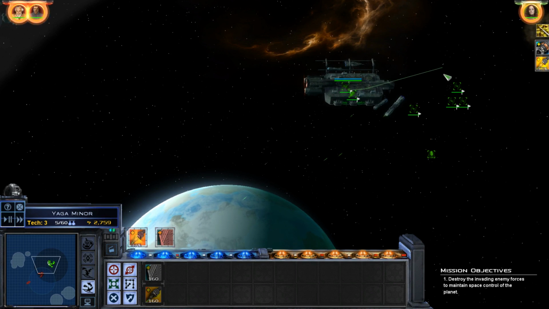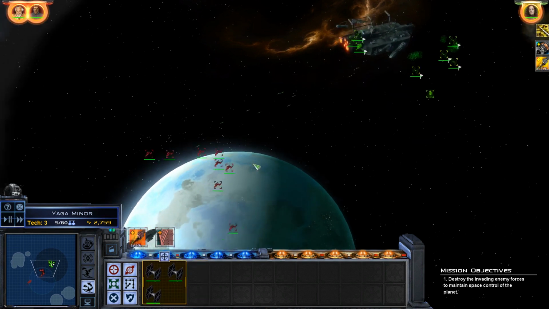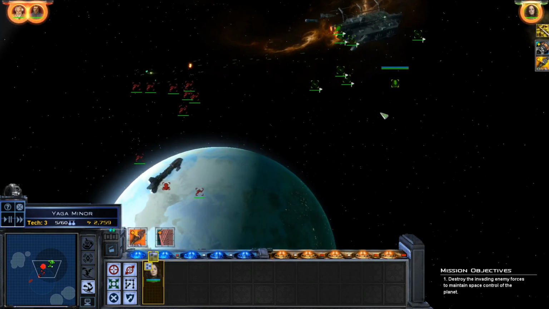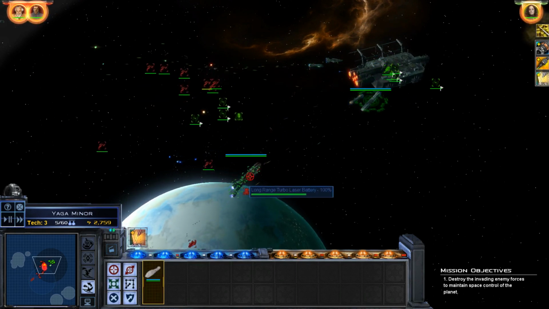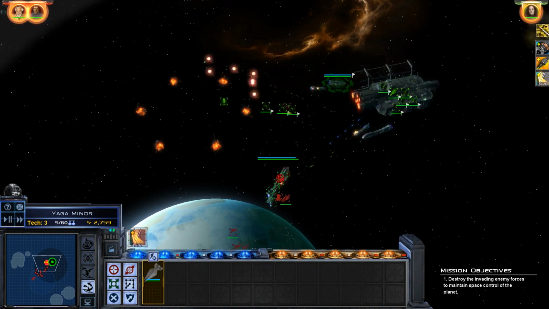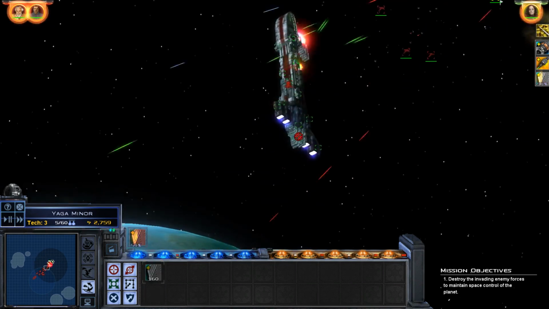Okay, so right, you attack them. Empire, you head over and attack them as well. You stop there. Everyone attack him. Our space station is under attack. Everyone attack his...